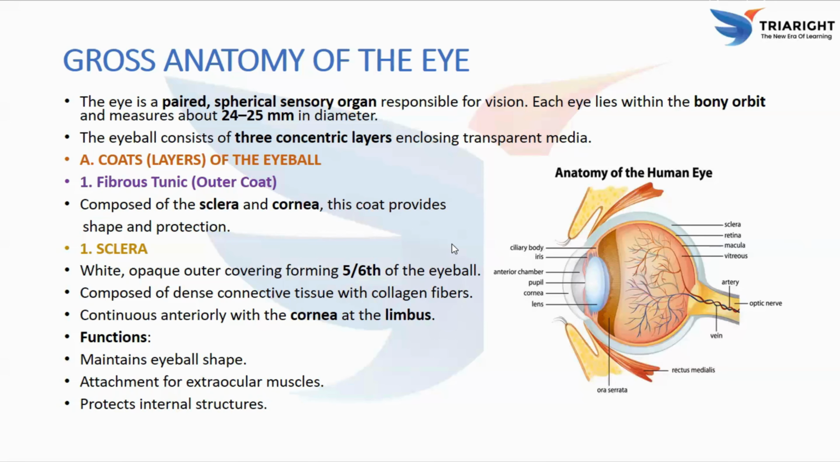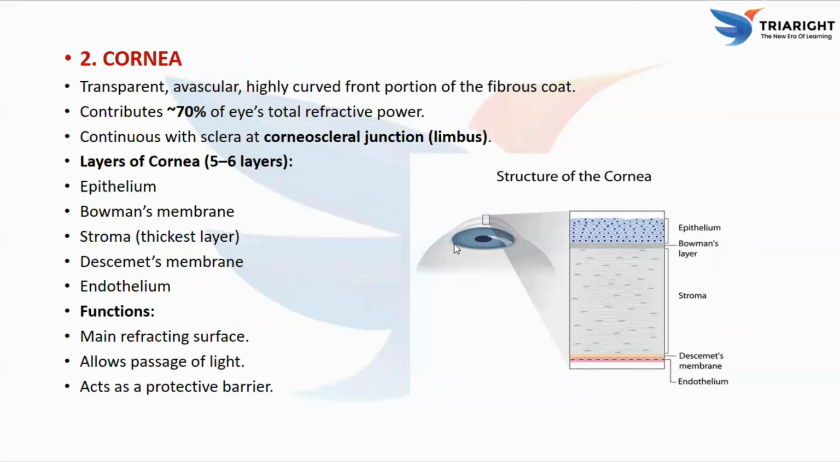Now let's go into cornea. So what is cornea? It is one of the most important parts of the eye because it is the first and strongest refracting surface. So what is the cornea? It is a transparent, avascular, highly curved front portion of the fibrous coat of the eye. It covers the iris, pupil,